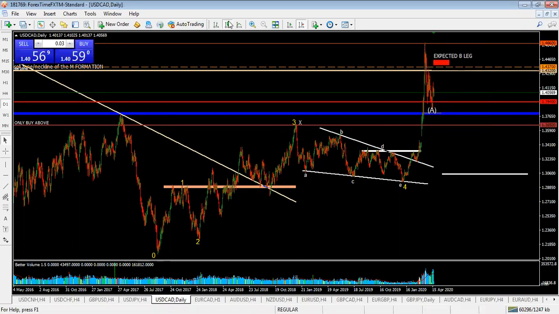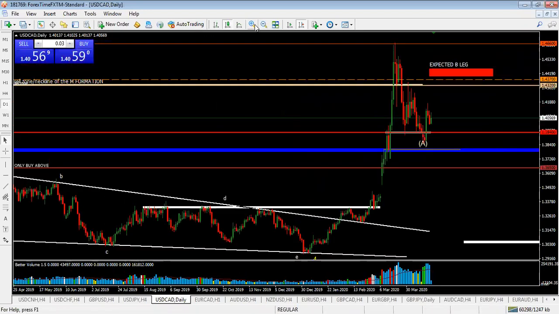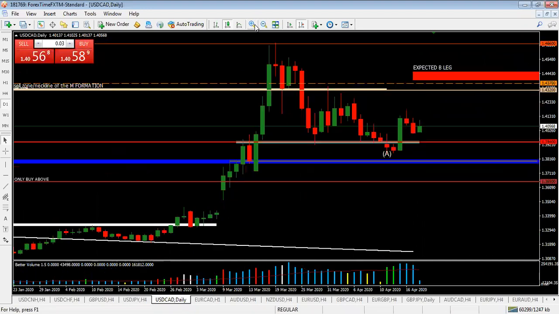We have that the correction has started, all right? So we hopped into this trade around this point for a sell, and we hopped out here because of the structure here. But this point is not the area which we wanted to buy. We want to see a deeper retracement to A. And why we wanted to see a deeper retracement to A using our Fibonacci tool,